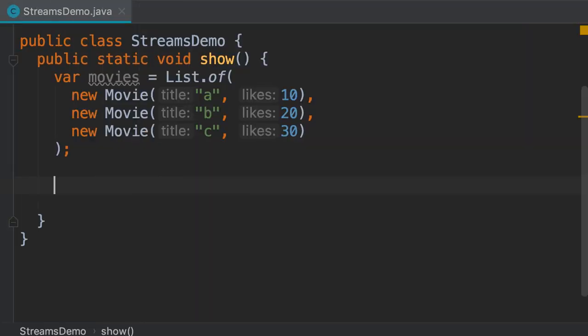Quite often, we need to transform the values in a string. To do that, we use the map or flat map methods. Let me show you. So over here, we have a list of movies. Let's say we're only interested in the name of these movies. So instead of having a stream of movie objects, we want to have a stream of strings where these strings